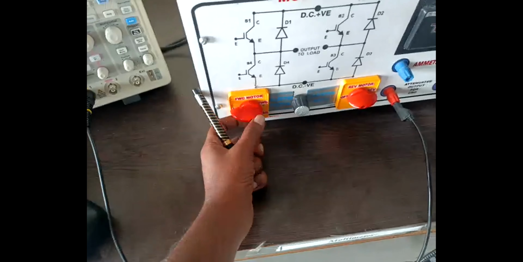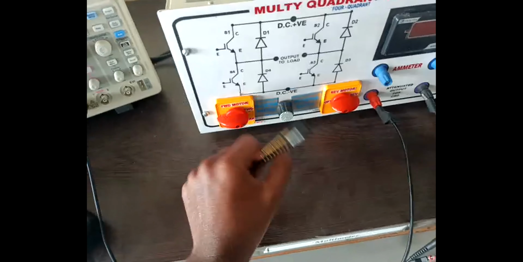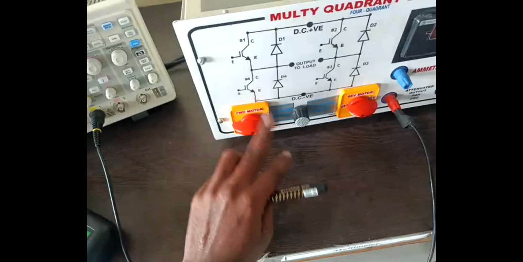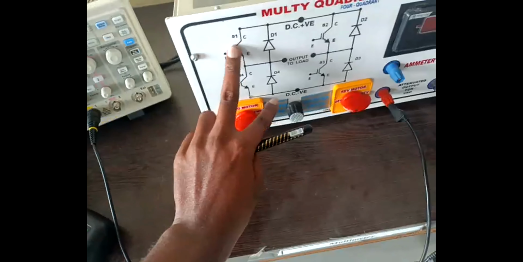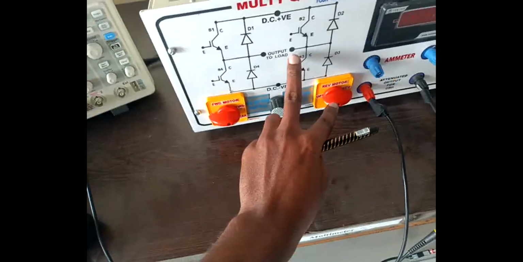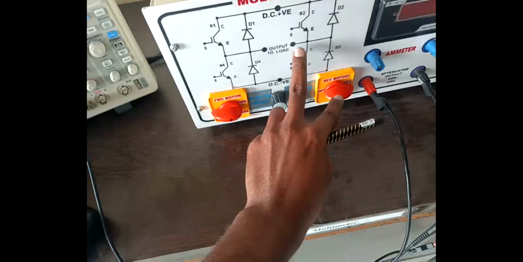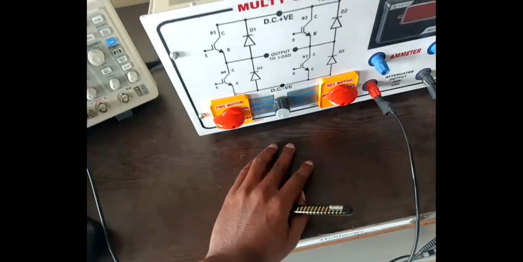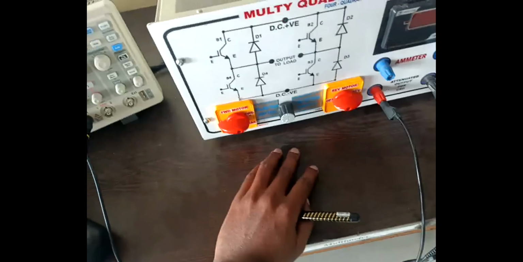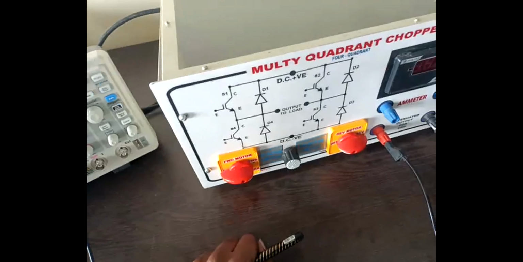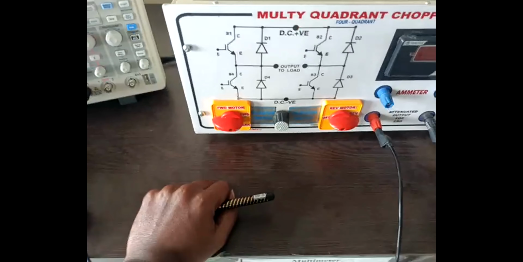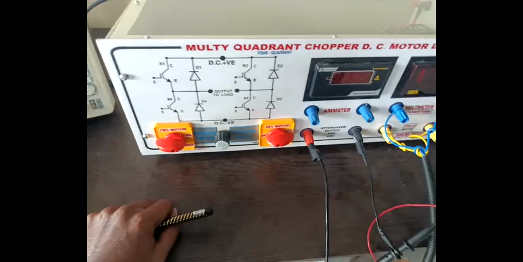So what we will do? One switch is going to be turned off. Whenever the switch is turned off, still the motor is rotating in the same direction, but the motor speed is going to be decreased. Okay. The current is flowing through this circuit because the output voltage becomes 0. So for a small time, the motor rotates. Clear? Next, third case.